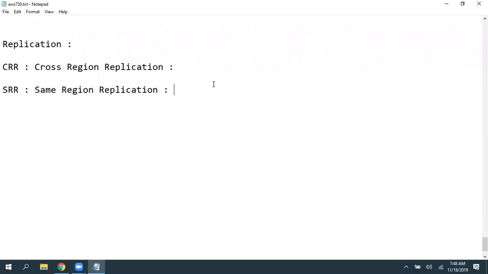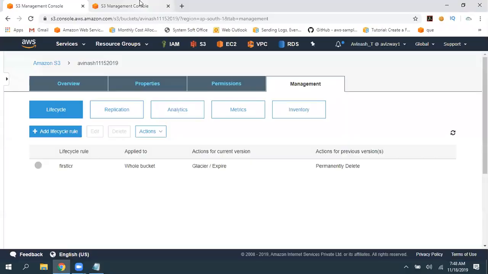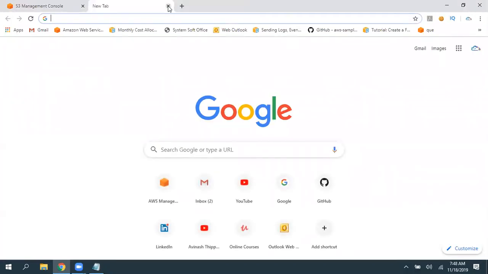Let's assume, in 2016, February 28th or 27th, we got a major outage for the Northern Virginia region. That entire Northern Virginia platform was down for approximately 20 minutes. 20 minutes is a huge downtime actually.